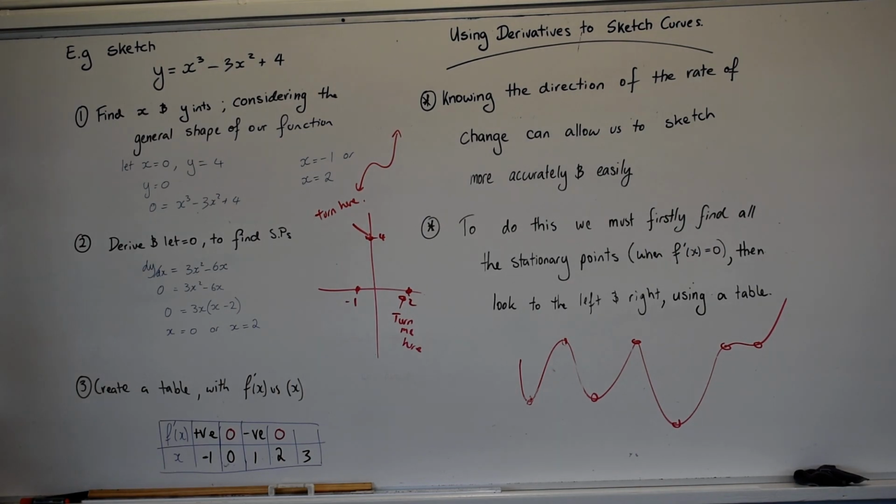3 squared times 3 is 27. Minus 6 times 3 is 18. Do I care about the value? What do I need to know? That it's positive. Which one's bigger, 27 or 18? 27. So I know it's going to be